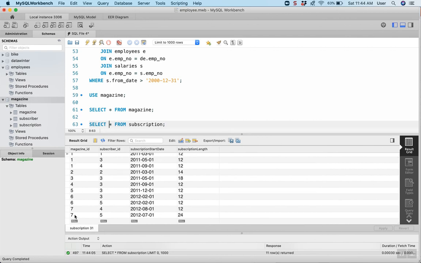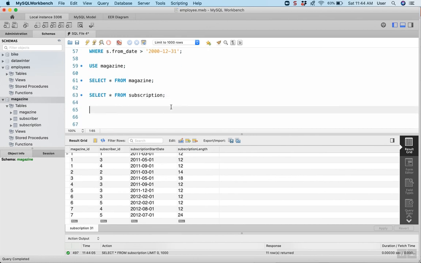But we can see that the primary keys of the magazine are used as foreign keys, even though their names might be named different. The values are the same. If we wanted to get all the magazine names and the subscription start dates that go with each of those magazine names, we need to use a join. And now the on clause is not going to have these table qualifiers. So we would say select magazine name